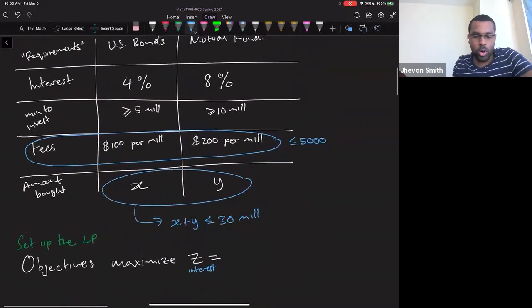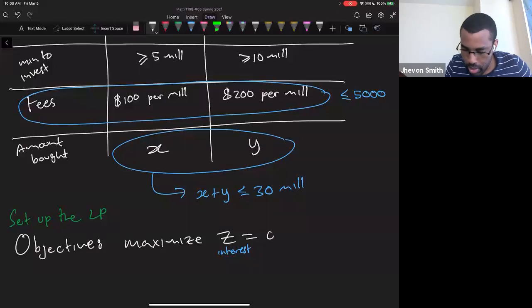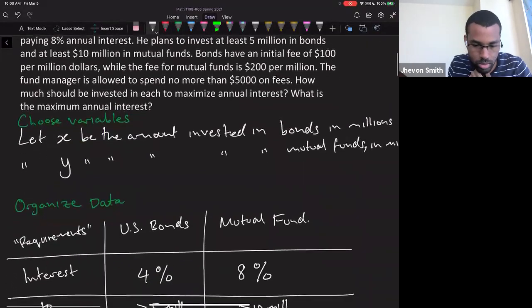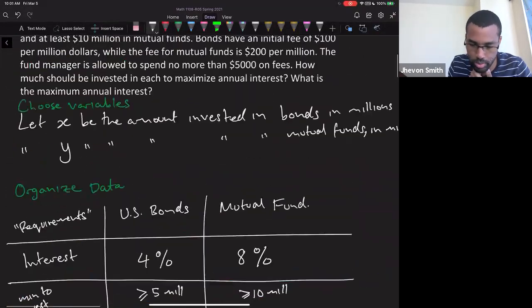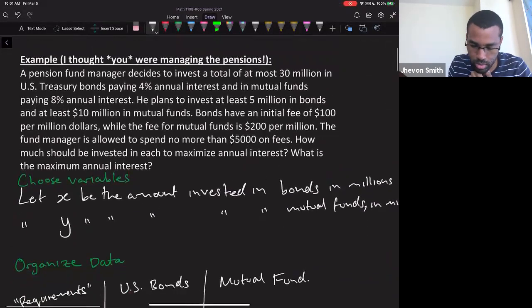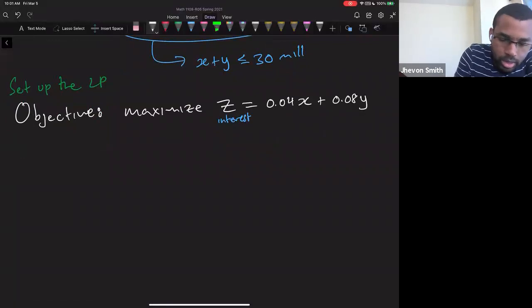For interest, I get 4% from bonds, 8% from mutual funds, which means I want to maximize 4% of this plus 8% of that. That would be the maximum annual interest. And then subject to,